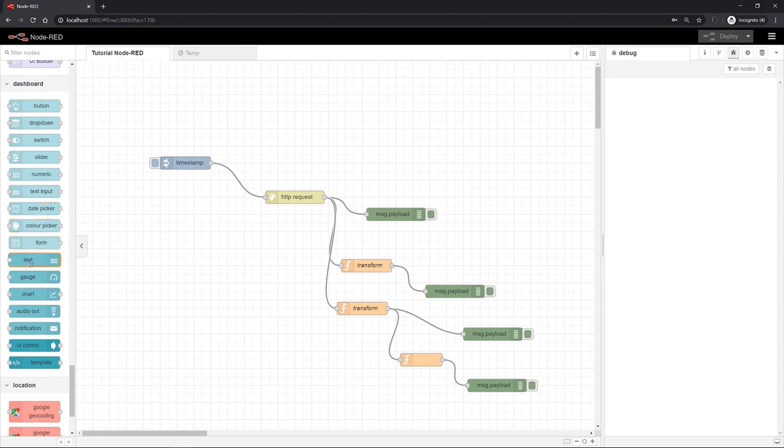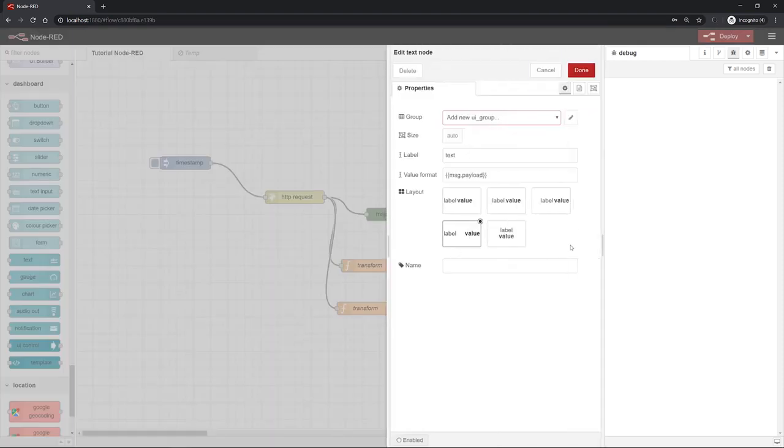So now we can, for example, put a text on the dashboard. And as a text, we want, for example, our product ID. To do so, I just have to connect this output here with this text node again. Double click on the text, and then I can edit it a little bit. So first I have to assign the button, or at least in this case the text field, to a specific